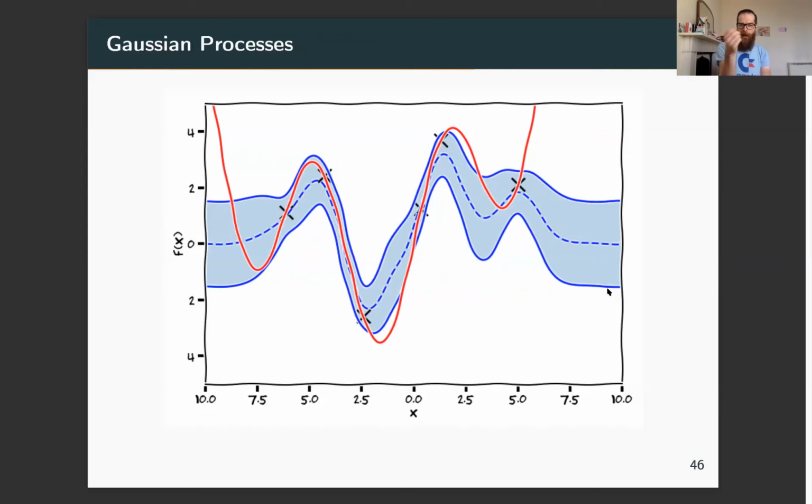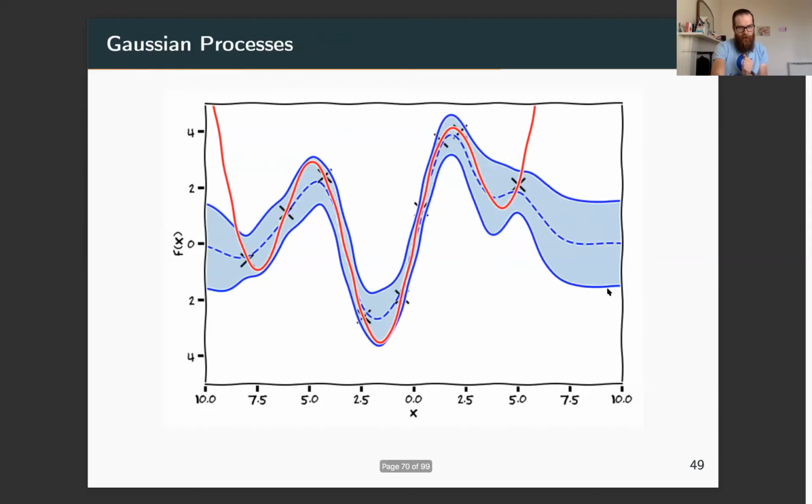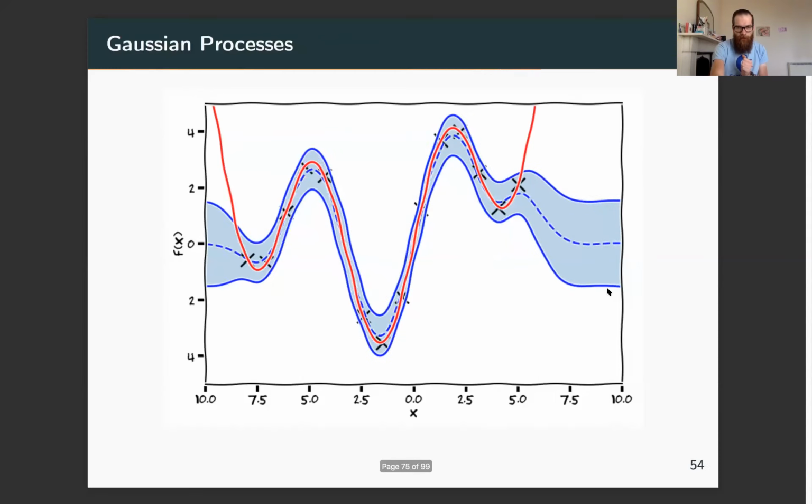So here, the uncertainty, the assumptions, the beliefs, my updated belief that I get through this can be really useful. So say, for example, that I would like to find the minimum of this function. So I would find out a sensible way to search this function in order to find its minima. Well, I can now use this uncertainty to balance an exploration versus an exploitation phase. And this is the foundation of Bayesian optimization, for example. So I'm going to click this through and dunk. Now we ended up there. Dunk.